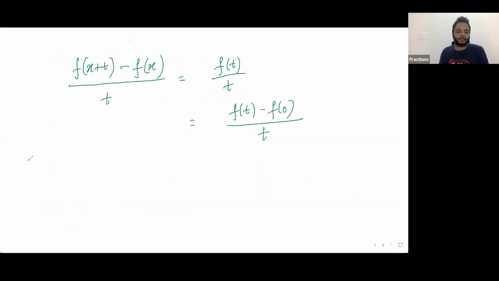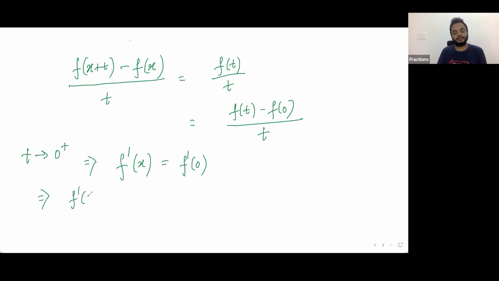And now if you let t tend towards 0 from the right hand side, that would imply that f dash x is equal to f dash 0,